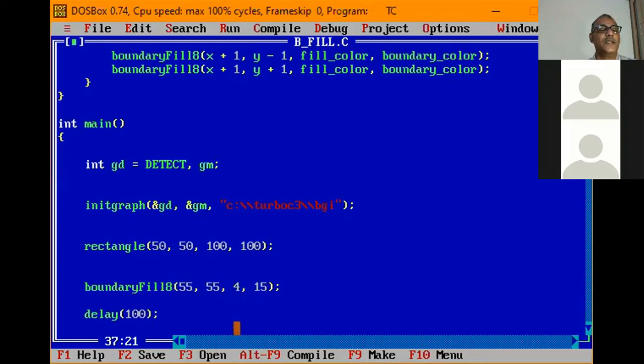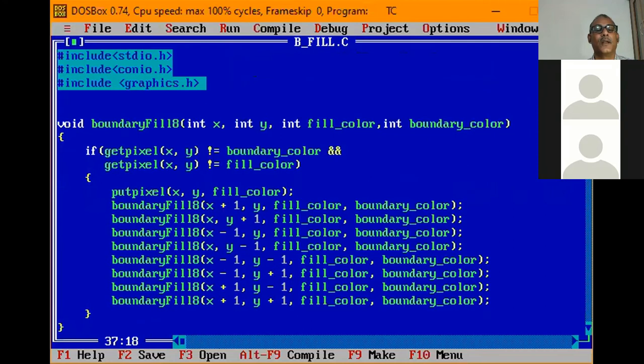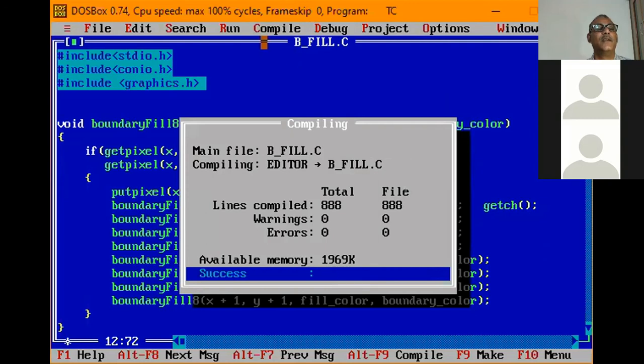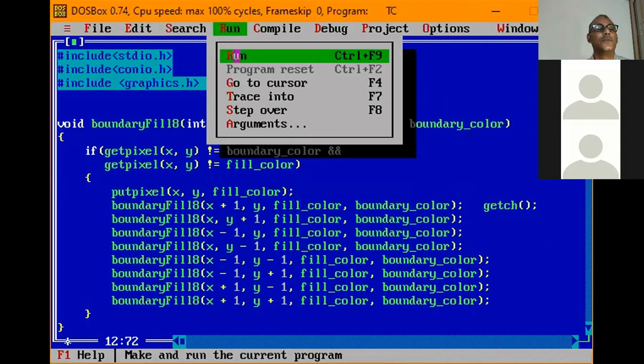This is fixed. See here, that delay is just to hold the screen. Okay, no problem, and I can remove that delay also. There is no issue with that. I will compile this and show you. I had given some getch here previously. Just hold on, I think there is no getch, so I will add one getch so that I can demonstrate to you. Otherwise, the picture is generated at a very fast rate. So let us now show you.